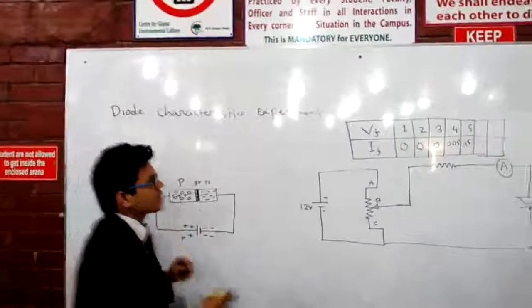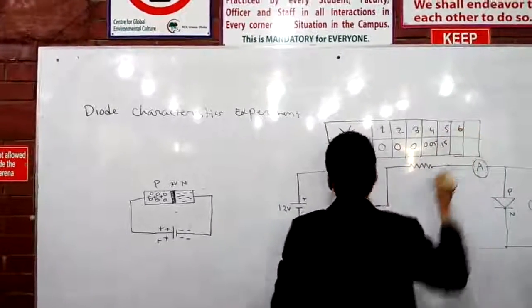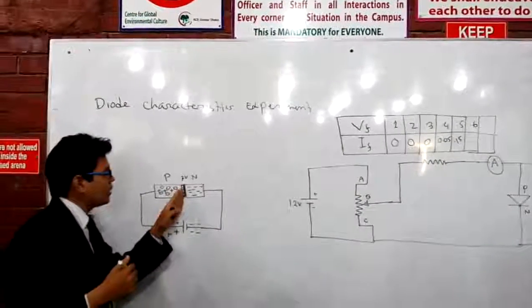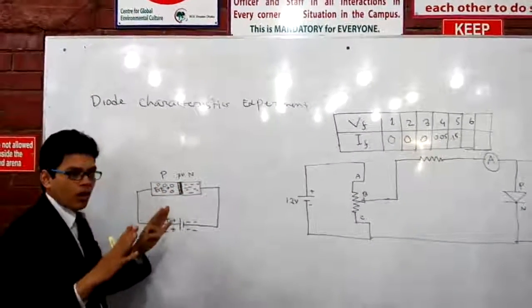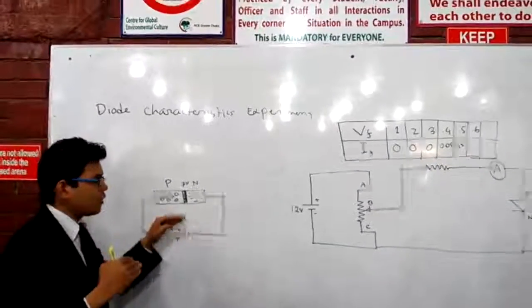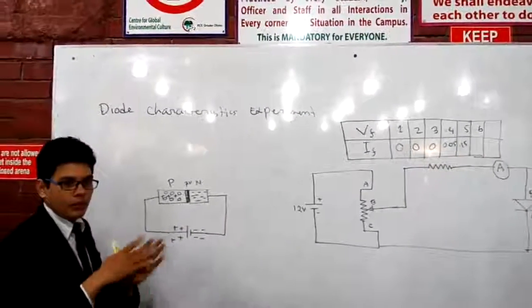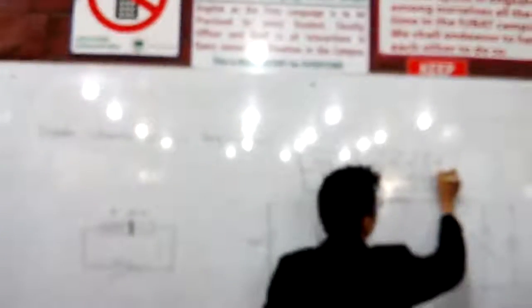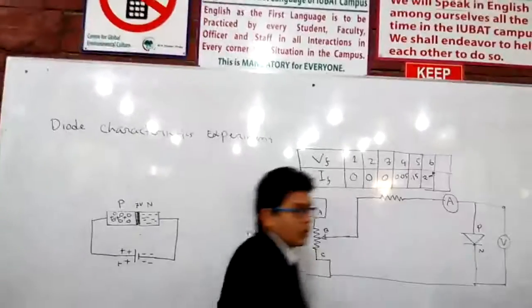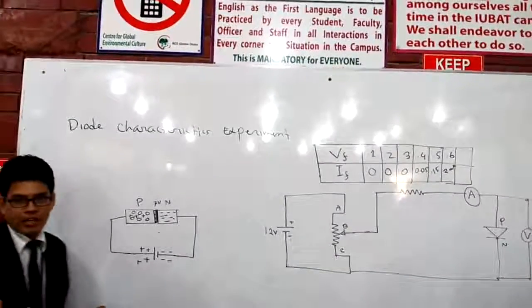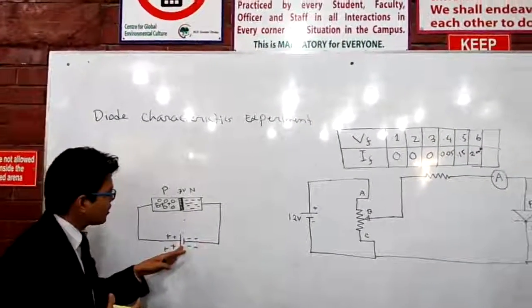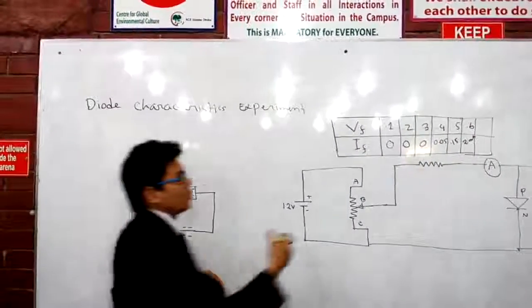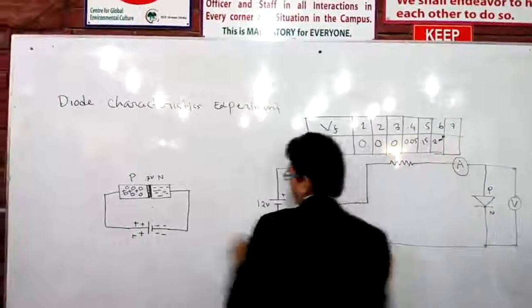Okay, at 0.6, if you increase to 0.6, what will happen? This wall will be broken, but not all. Maybe half or a third will be broken. So that means we'll have more than 2 milliampere of current, 2 point something, or it might even be 3 milliampere of current. And from 0.6 to 0.7, within this range, when it is 0.7,